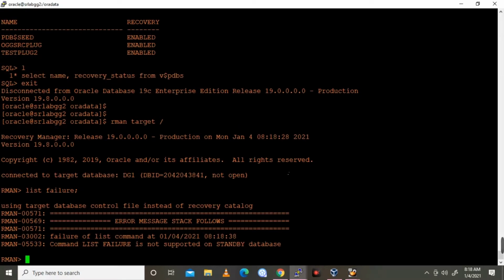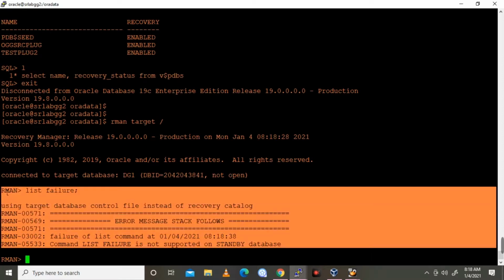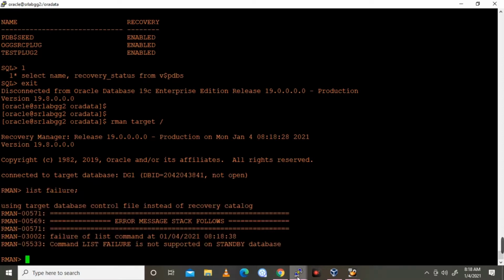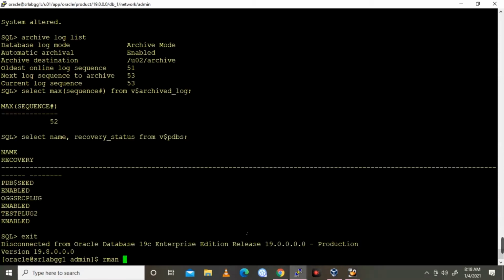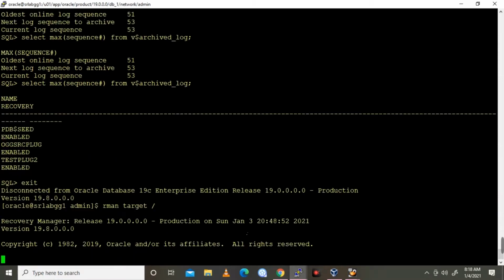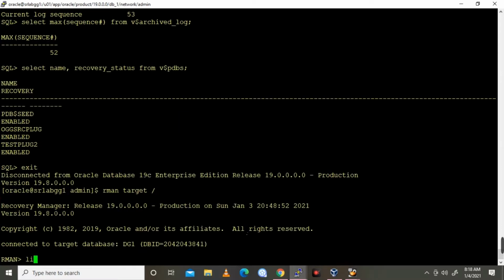Then I check for any recovery failures, but list failure works only on the primary side. It won't work on the standby side. So I am validating again on the primary side. There aren't any recovery failures. Everything looks good on the primary and standby sides.